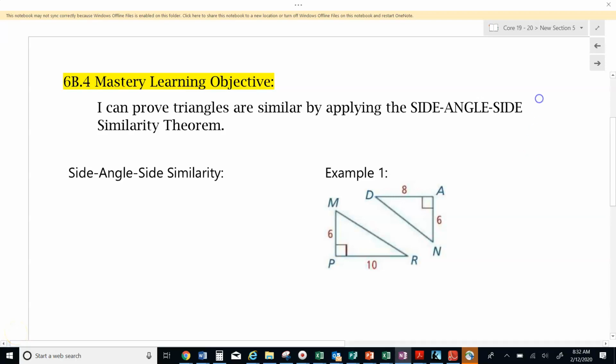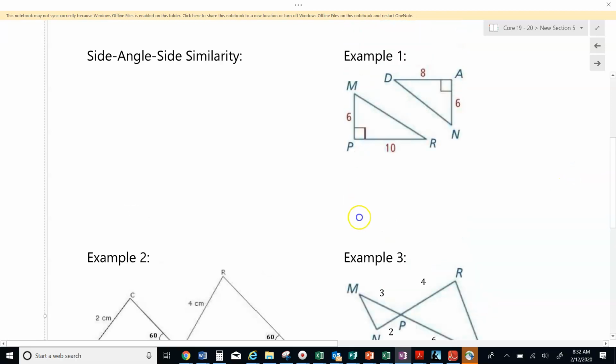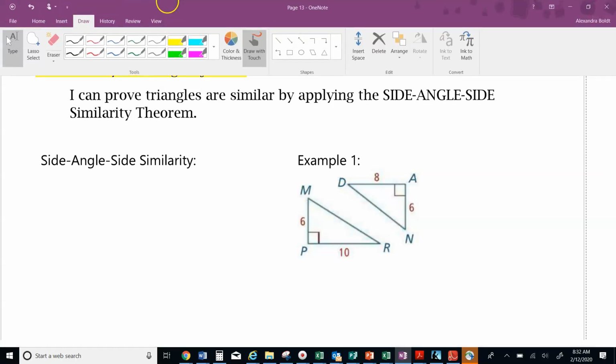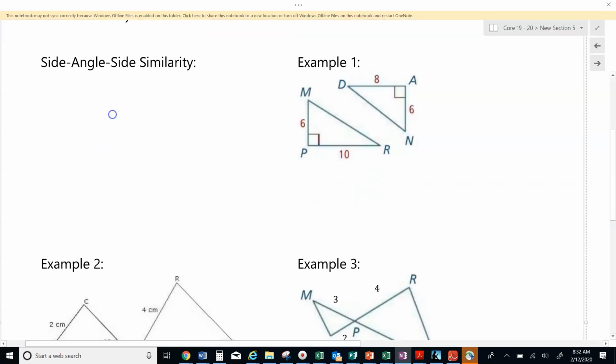All right, looking at 6B.4, we are now looking at our third and final shortcut. Our third and final shortcut is proving triangles are similar by applying side, angle, side similarity. Okay? So side, angle, side similarity says two triangles are similar